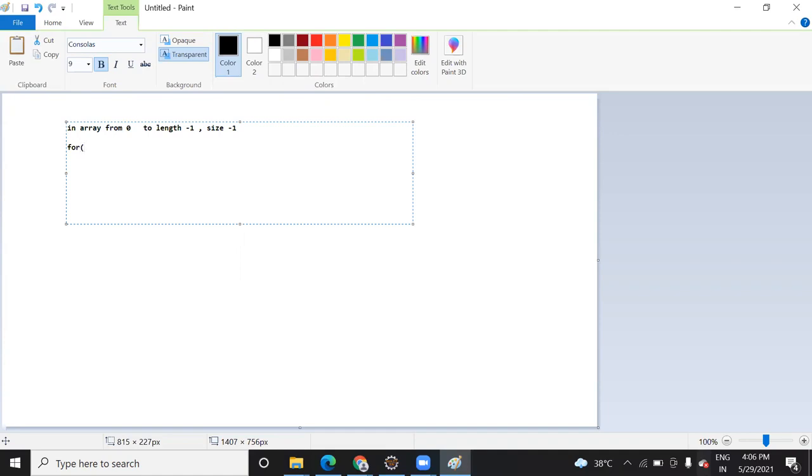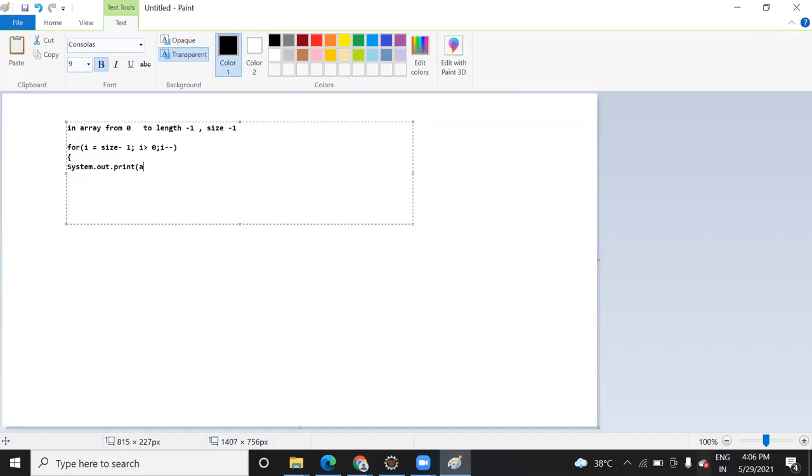If the collection is arranged based on a key, you can use the key and reverse them. For example, i is equal to size minus 1, and I will run it while i is greater than 0, decrementing i every time with i minus minus. It will start from the last index, check the condition, and print the array element.